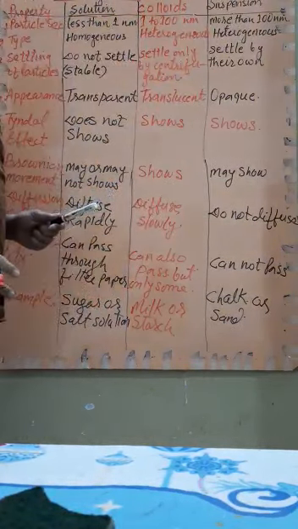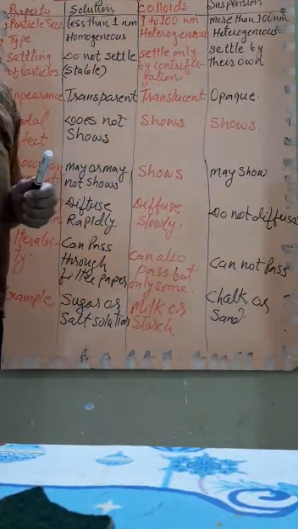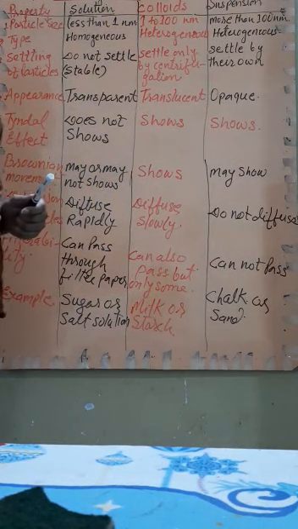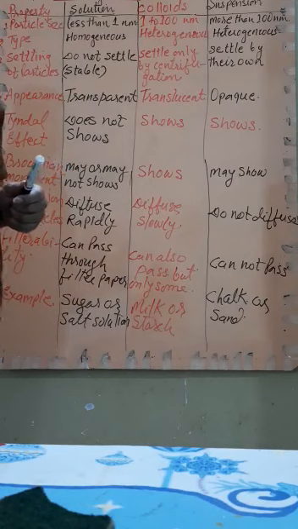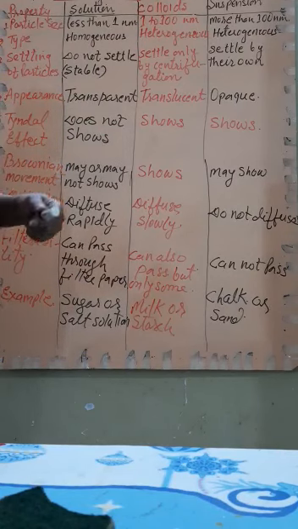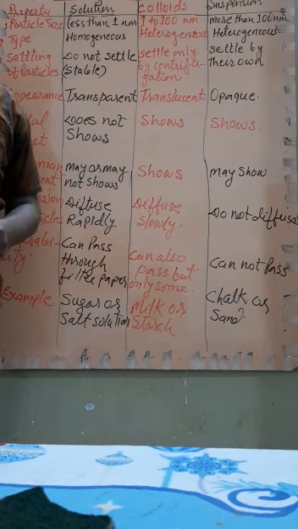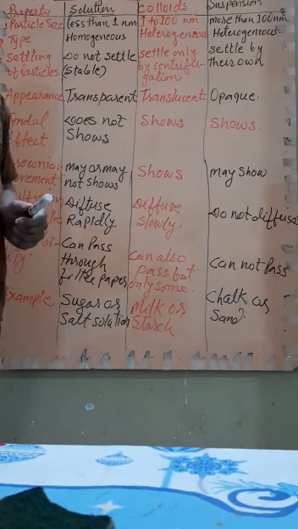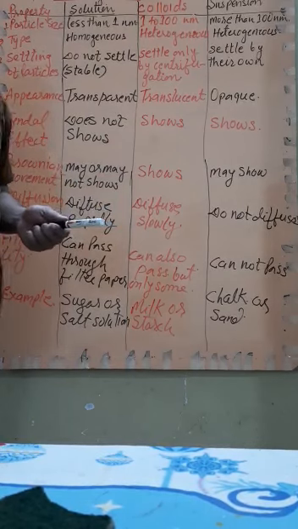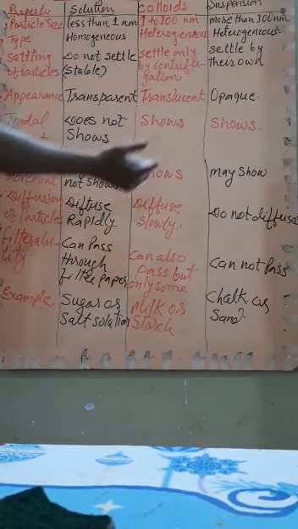Now the next one is to distinguish the differences, the characteristics of solution, colloids and suspension. Student, in the previous video I have shown you three activities. In these activities, three different types of substances are added to the same amount of water, and then we perform the Tyndall effect there. We have seen the stability, whether they can be filtered or not filtered, whether they are stable or unstable. So I am writing for your notes.